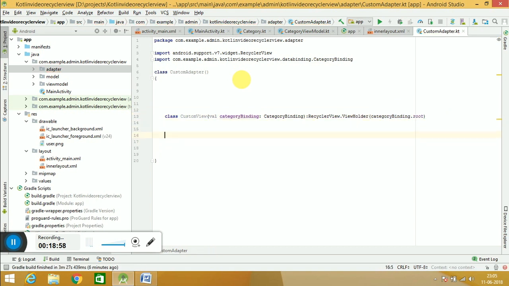Okay, so this is our base. This is our primary constructor in which we can call the two things. And now